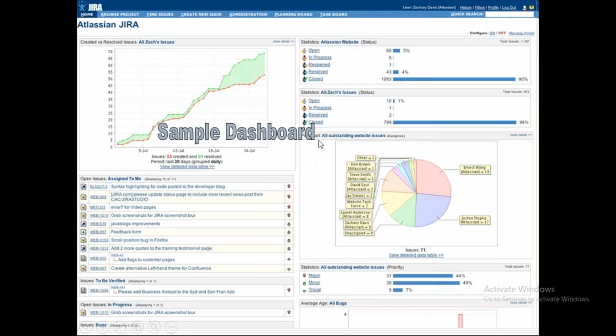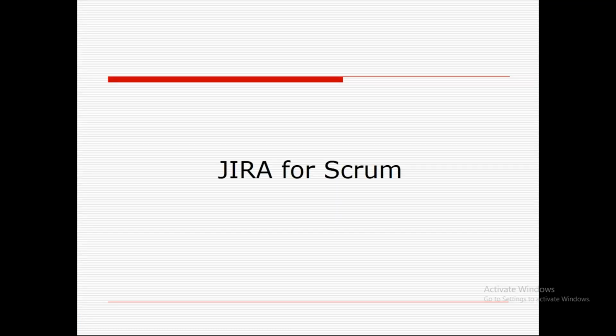For example, I want to see the items of each person who opens the Jira. For example, in a team where there are 10 members, each would be opening the Jira. On their dashboard, they should be able to see the number of items that are assigned to them. How many are in open status, how many are in progress status, how many are in development state, etc. Is that clear? Yes. Any questions so far?